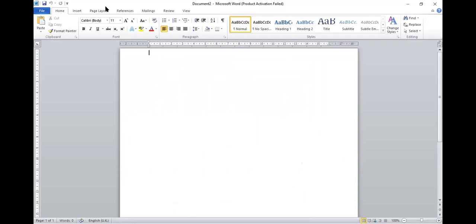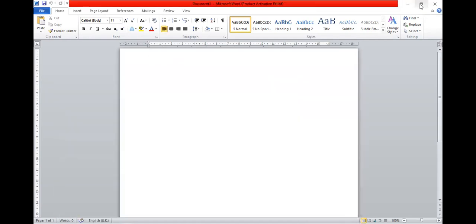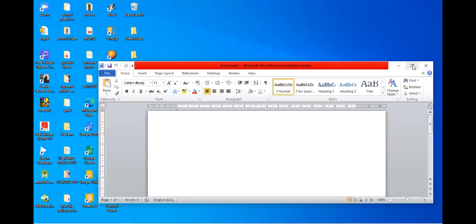After that, let's see. Here you can see the first part is the title bar. Here you can see why it is called a title bar, because it is given a title, that is Document 2. That is the caption of the file, caption of the document, or title of the document. That is why it is called a title bar. Then this is called minimizing. After clicking this, the window will be minimized. If you press this, it will adjust the window. This is called the adjustment of windows.